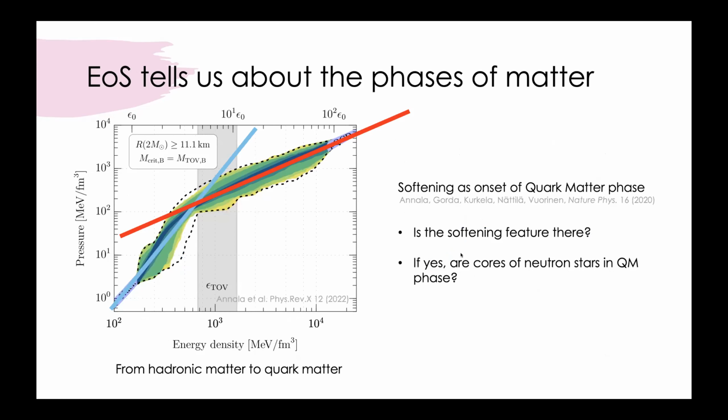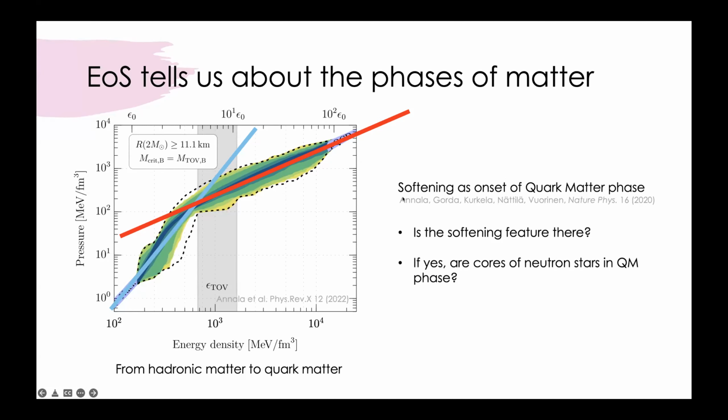In a Nature Physics paper a while ago, we interpreted a certain feature that can be seen in the equation of state of cold QCD matter that has been inferred from the observations together with theoretical inputs at low and high densities. We see that there is a certain feature happening here around the same energy densities where quark-gluon plasma is formed in heavy ion collisions, and we interpreted this change in the equation of state as an onset of quark matter.